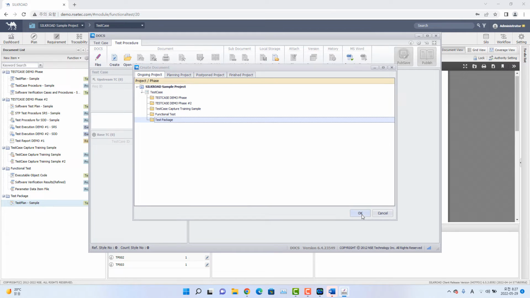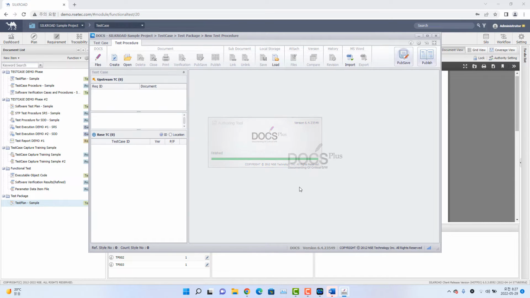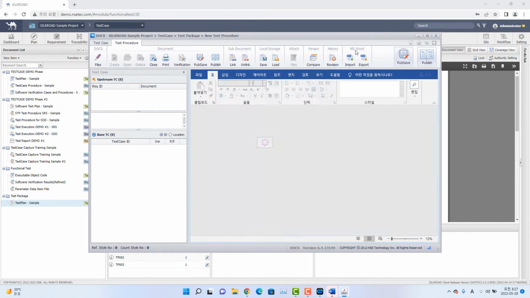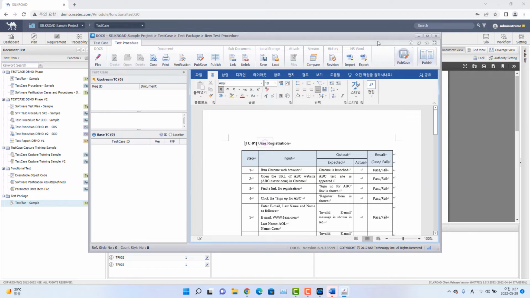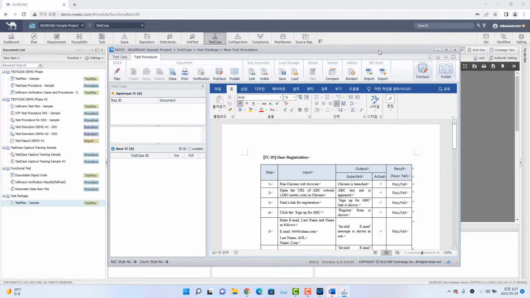Choose the proper folder, and from here you're gonna register the test cases and link it to the test plan, the test feature items, or you can directly connect it to the requirements, which the system will automatically recognize the